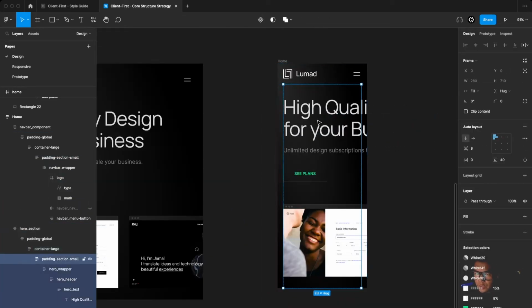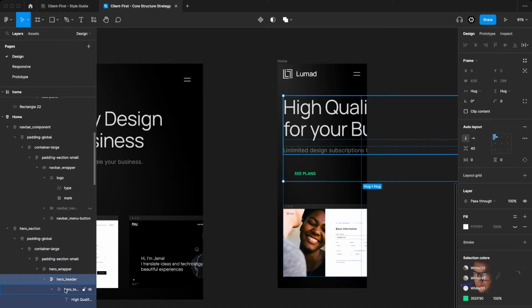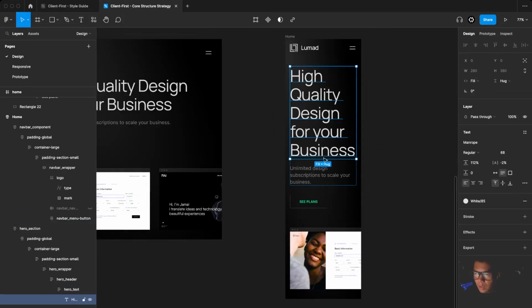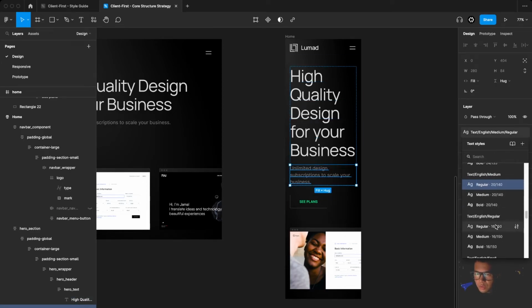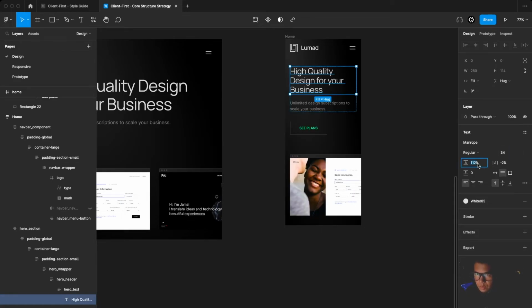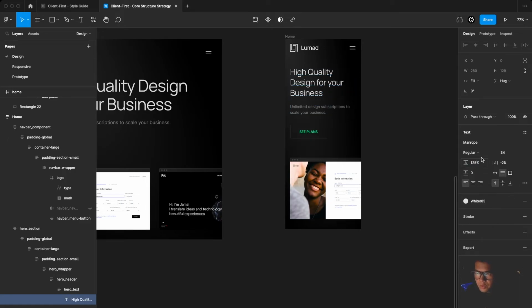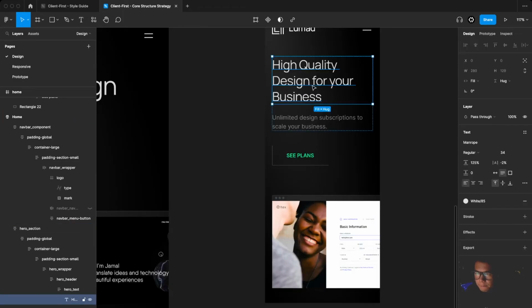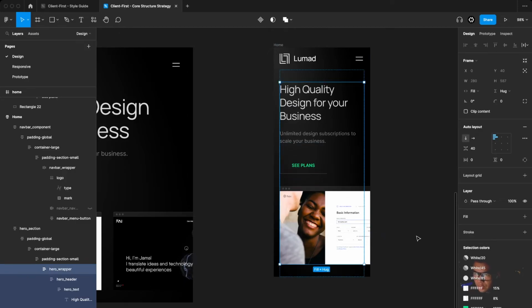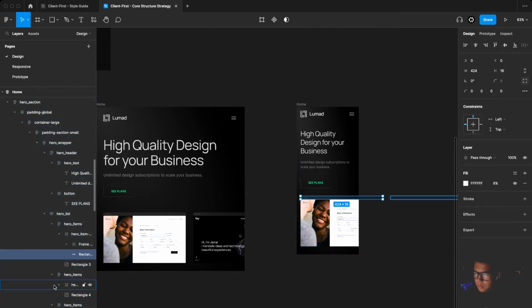And let's just resize the text. Now since this is hug, we can make it fill, and make this fill as well, make the heading fill. And maybe we decided to shrink it down to 16, and this one, let's say divided by 2. Maybe increase the line height to 120% or 125. And maybe for this one, decrease the spacing to 40. And for this one,